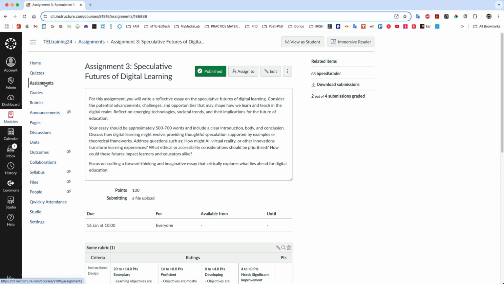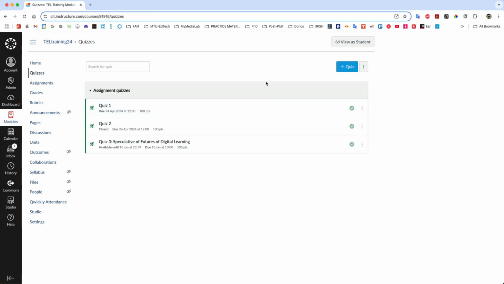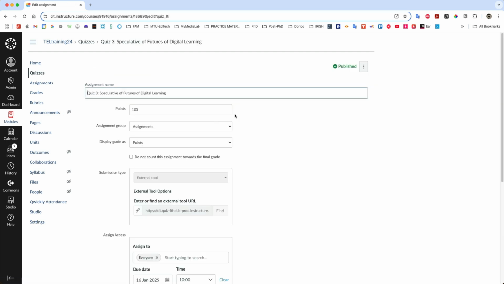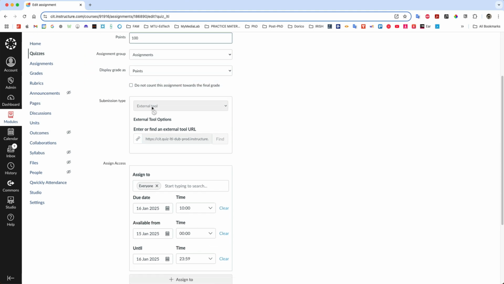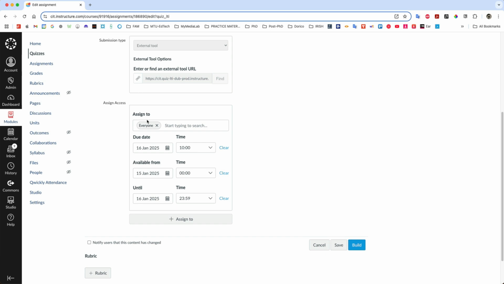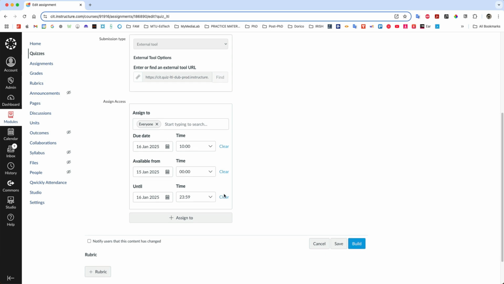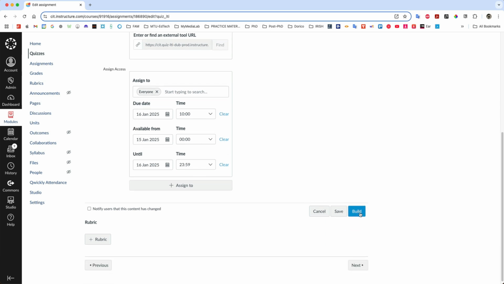Just very quickly, before I jump into the Grade Center, I'm going to look at a quiz. So similarly, the quiz section holds my quizzes. I can choose the quiz that I'm looking at. And again, very similar layout. You give it the assignment name. I'm going to give it the number of points. And again, setting your due date, when it's available from and available until. So if I click the Build button,